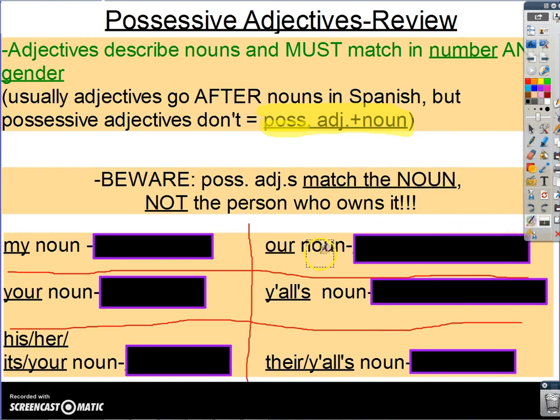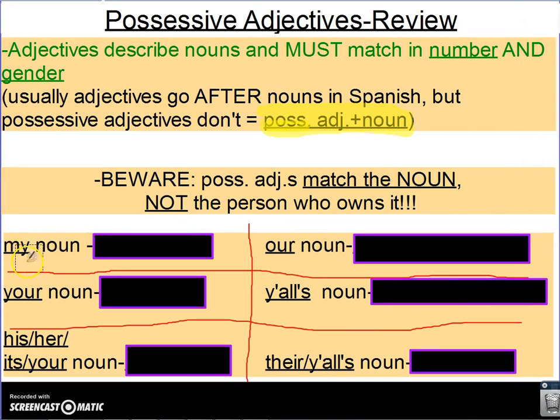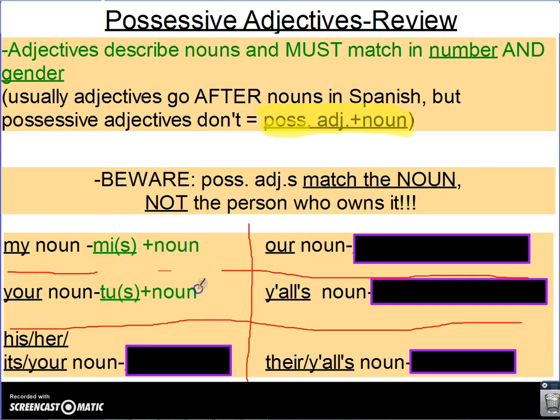So if I want to say my book, my cat, whatever, I say mi or mis, depending on if the noun is plural or not. So my cat would be mi gato. My cats would be mis gatos. If I want to say your something, it's tu or tus, depending on if the noun is singular or plural. If I want to say his, her, its, or your, if I'm being formal like usted, I use su or